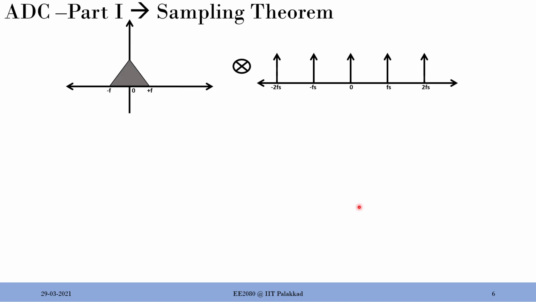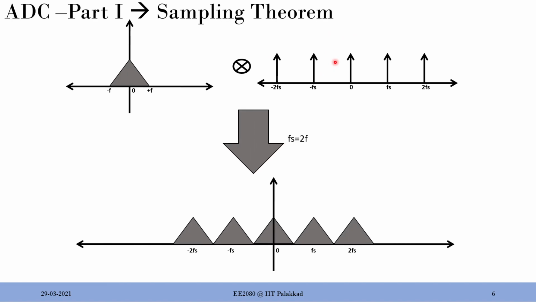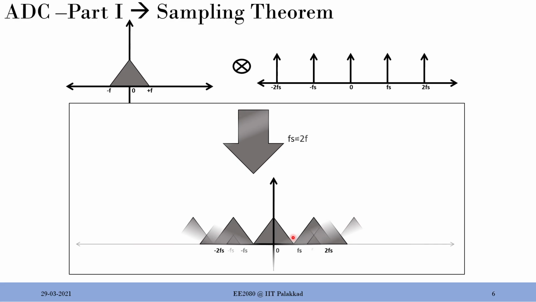I have a graphical illustration in this case. Let's say you have this fs, 2fs, and so on. I just changed to a small letter, doesn't matter much, but this is the bandwidth. Instead of plus b minus b, I put it as plus minus f, just for sanity checking. This guy is getting convolved with each of these. That is the literal meaning of the derivation that we did in the previous case. If fs is exactly equal to 2f, they sit nicely, pretty, there's no problem. If fs is way less than 2f, then they are going to interact with each other, and this is what people typically consider as aliasing.